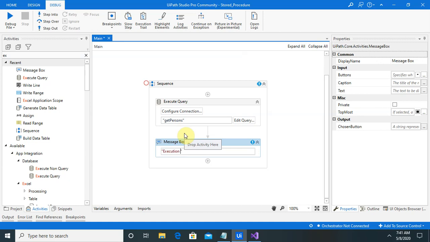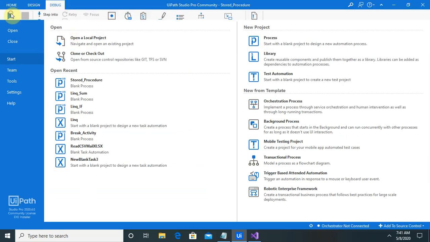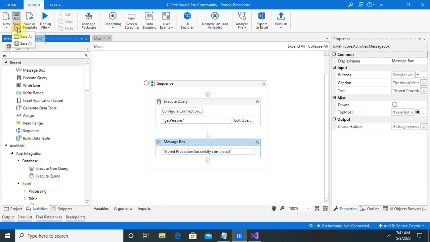I am providing the complete statement here: stored procedure execution successfully completed. Now you can see the message box will contain this. Let's save this. Now there are no warnings available.